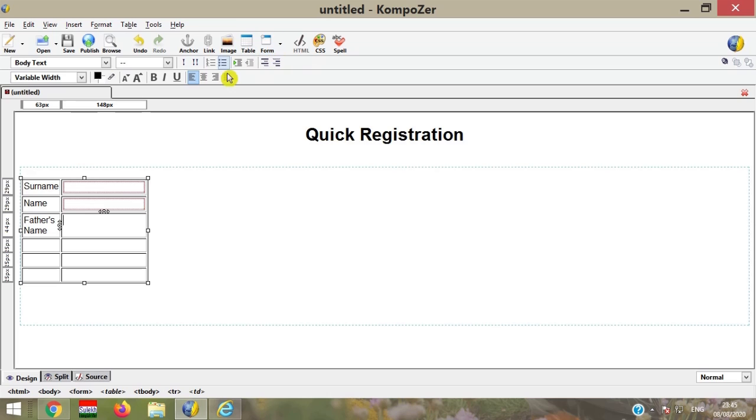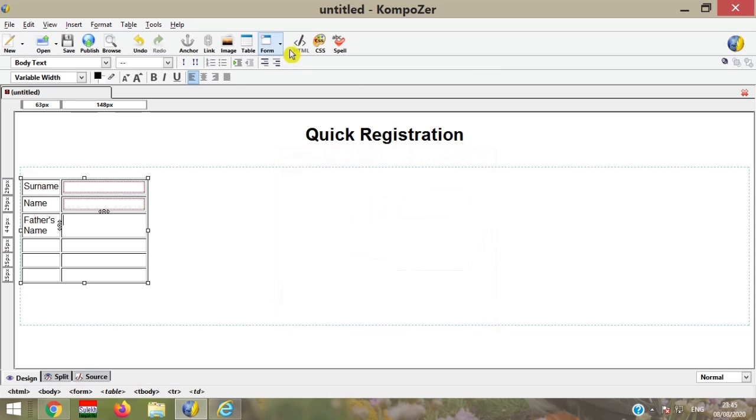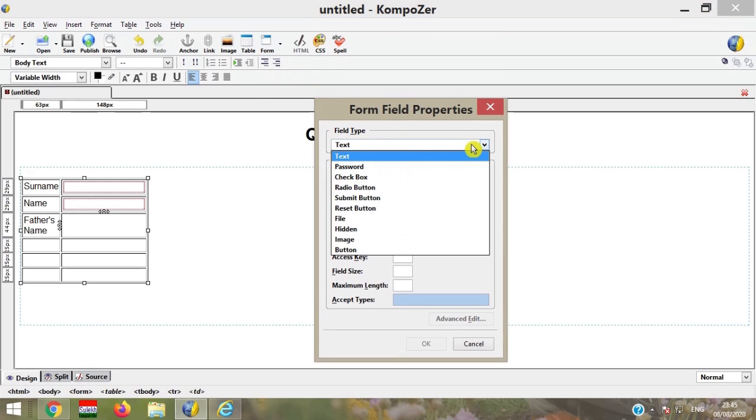So all the options are available on the composition toolbar also. In form field, all the options are available: text, password, checkbox, radio button, submit button. So you can create input field elements from that.